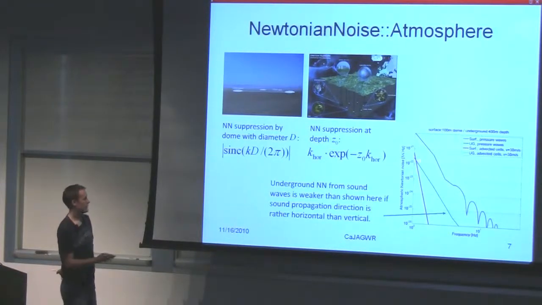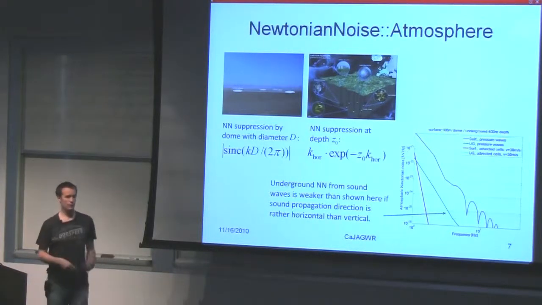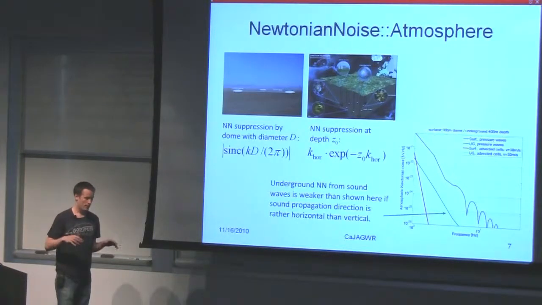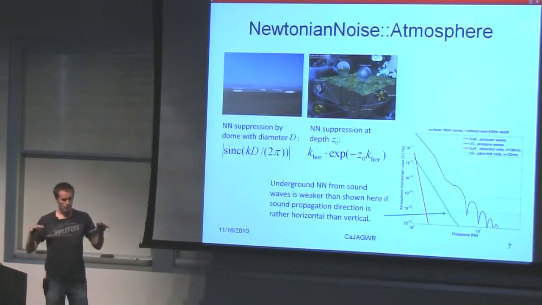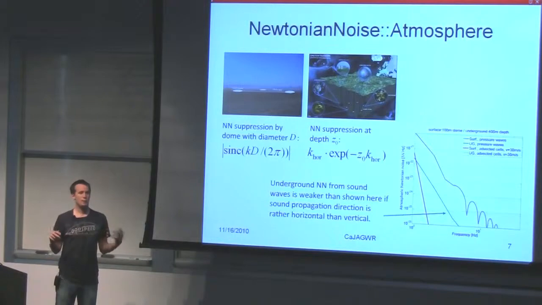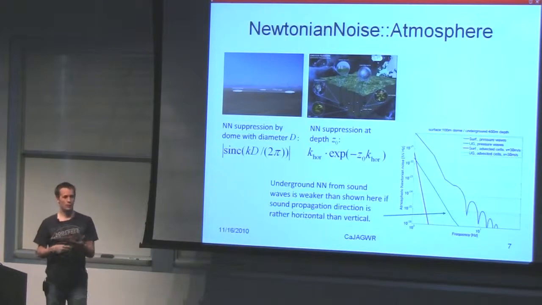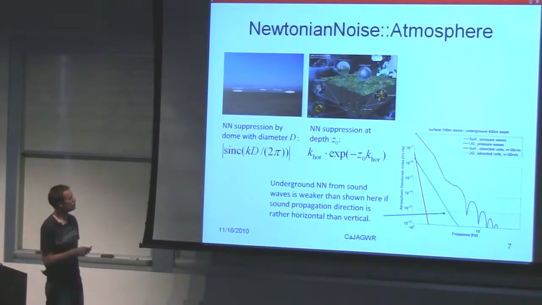So we see a couple of curves here. First of all, there are two ways atmosphere can generate density perturbation. First of all, you have pressure waves that directly cause density perturbations, but then you can also have, if you want, density perturbations caused by temperature fluctuations that are somehow frozen in the atmosphere but are carried by some wind close to the test masses. So these are the two dominant mechanisms. And now for the pressure waves, you see that the dome is actually giving a very poor suppression. So this is what you get. This is the Newtonian noise curve. For the underground, you have it much weaker, and